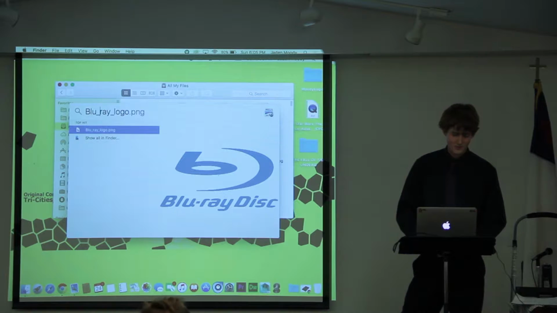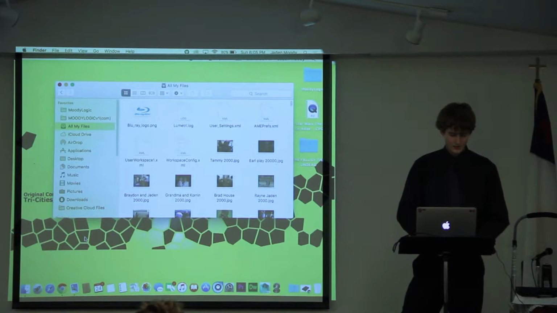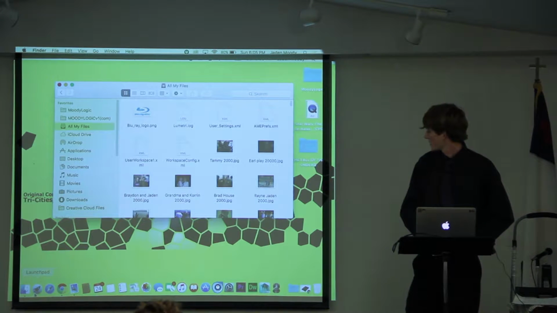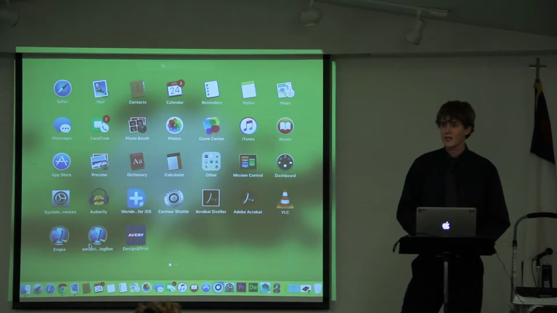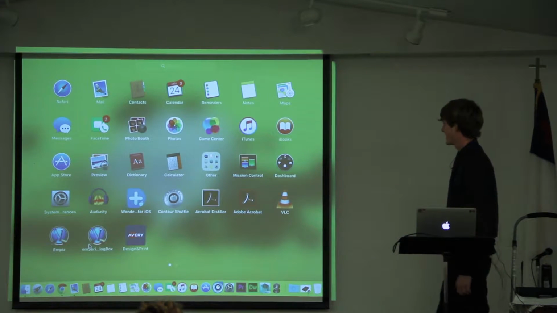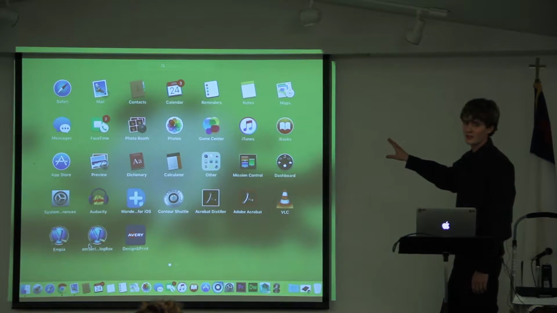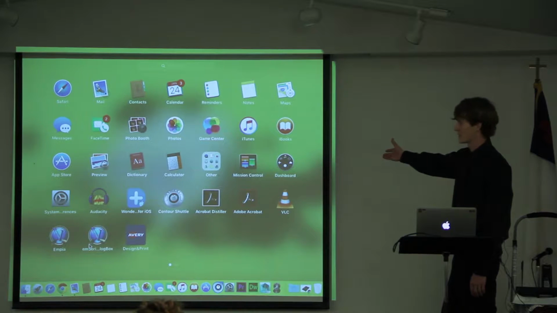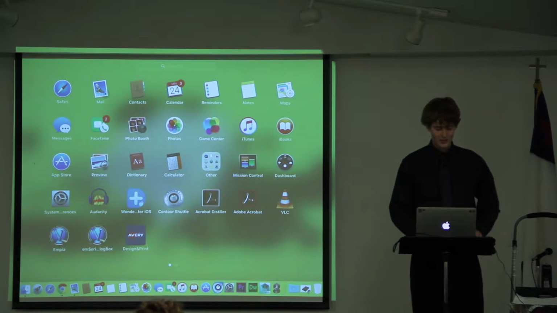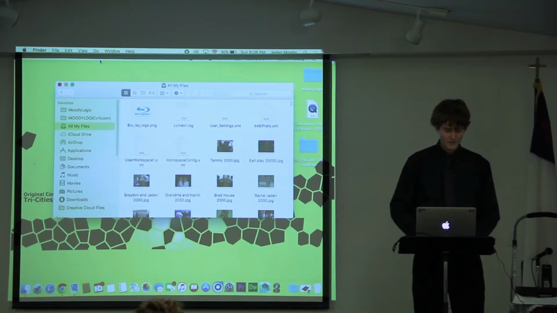There it is. So that's one way to find files if you don't know where they are. The next thing I'd like to talk about is this thing called Launchpad here on the bottom. When you launch that, it's almost like a really nice way to organize apps. The really confusing thing about this is not every app you install will show up here. If the developer decides to make a Launchpad shortcut, then they'll put it here. That's right. But most of the time you'll find all your programs, if you installed any of them, in